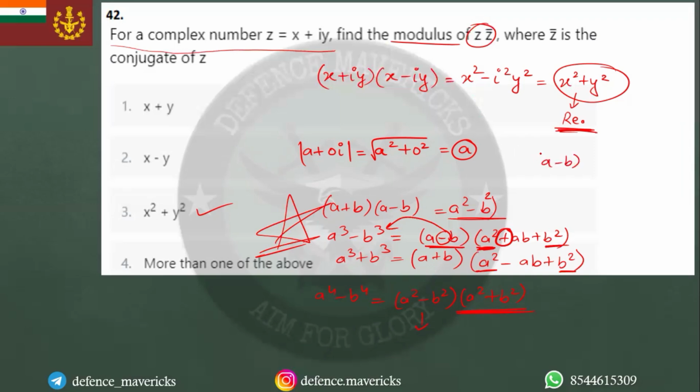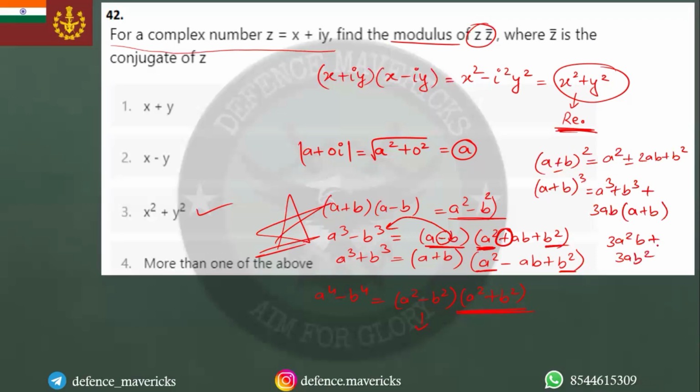ओके, इसको याद रख लो, and ये भी चीज याद रख लो यार एक बार, (a minus b) whole square तो मोस्टली याद होगा ही, a square अच्छा प्लस माइनस है तो प्लस माइनस 2ab plus b square, ठीक है। If it is (a plus b) whole cube, then what is the idea, a cube plus b cube plus, some people remember it like this, 3ab into (a plus b), some people directly remember it like 3a square b plus 3ab square, ठीक है, I mean just this bracket I am saying, बाकी a cube b cube तो आएगा, और प्लस की जगह माइनस करना है तो what you do, just put minus in